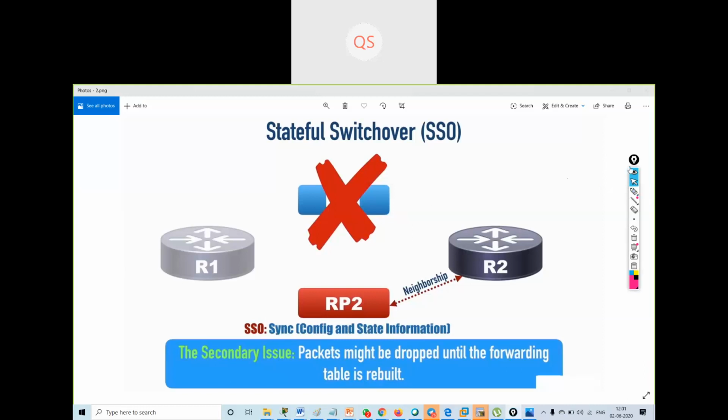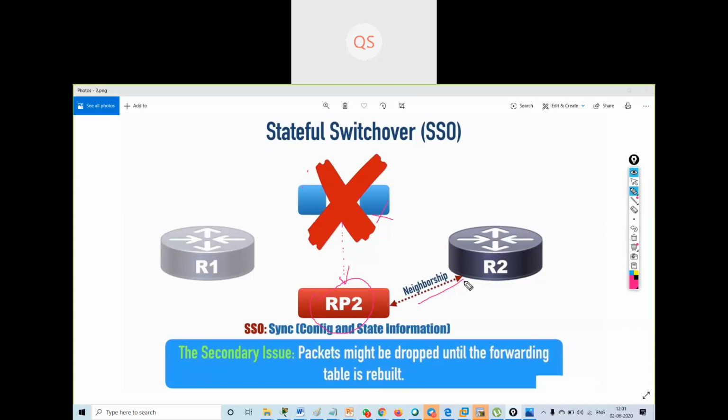Whatever configuration and state information is there, whenever this is up, it will sync with the secondary path. Now the secondary path has all the config and state information, so whenever this link goes down, it will automatically form the neighborship with R2.